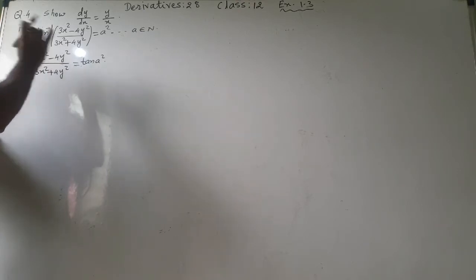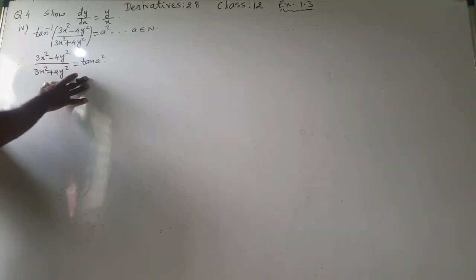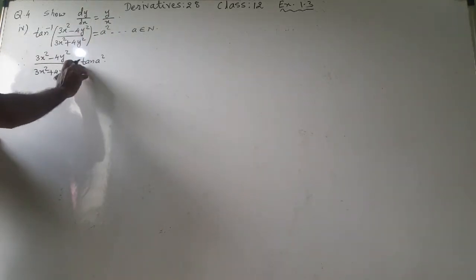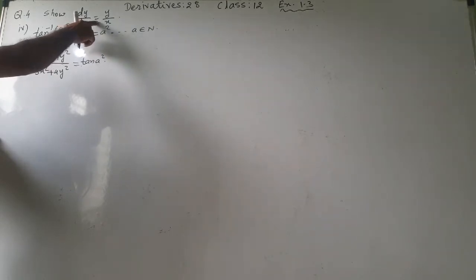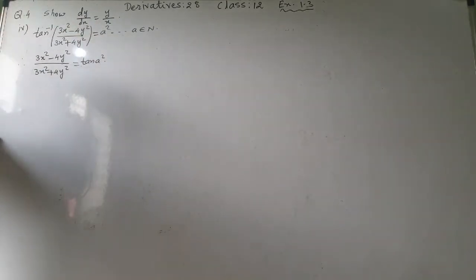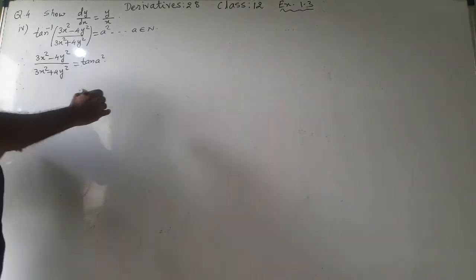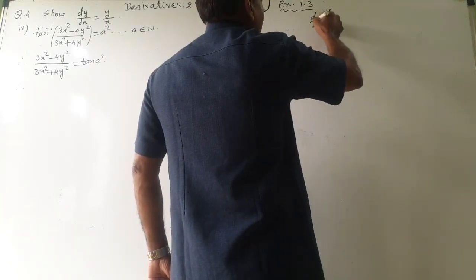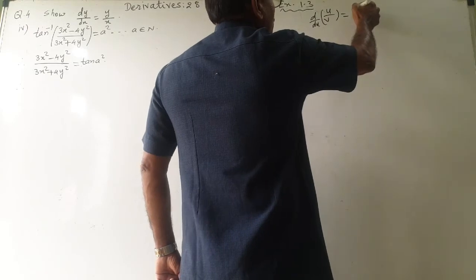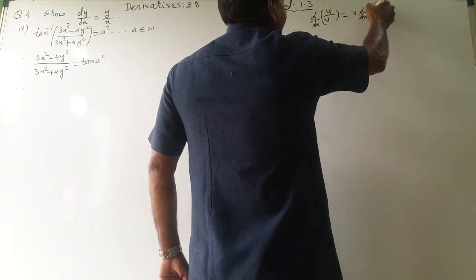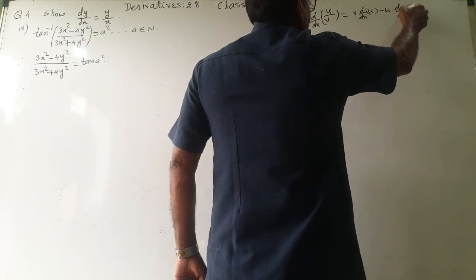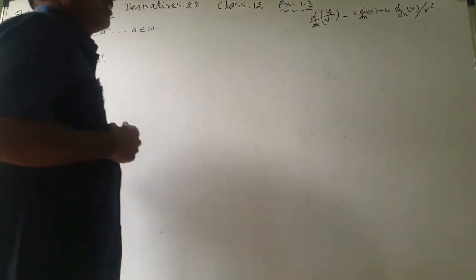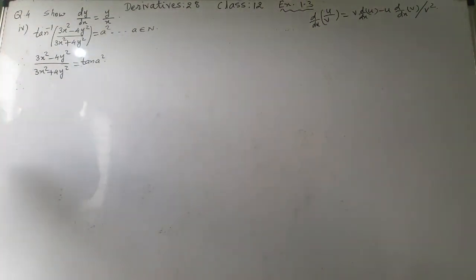So immediately I will take the differentiation on both the sides. Why? Because I want dy by dx is equal to y upon x. That means in the answer I don't want a. That's why I am going to take the derivative. Now the u upon v rule, once again I will just explain to you. U upon v, d by dx, both are functions of x, is v into d by dx of u minus u into d by dx of v upon v square. This is a simple formula. That same formula we are employing here.